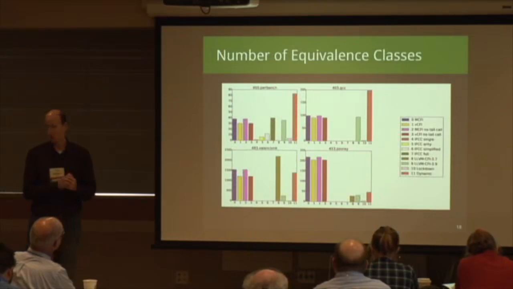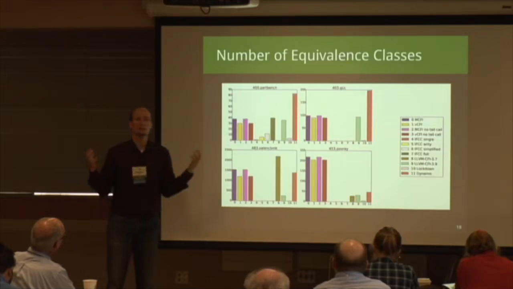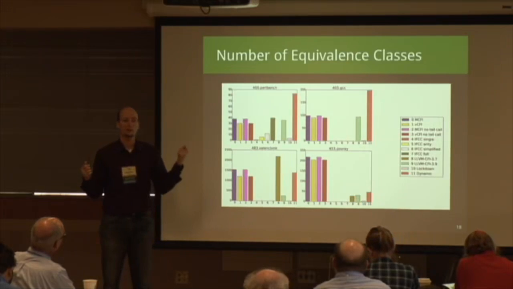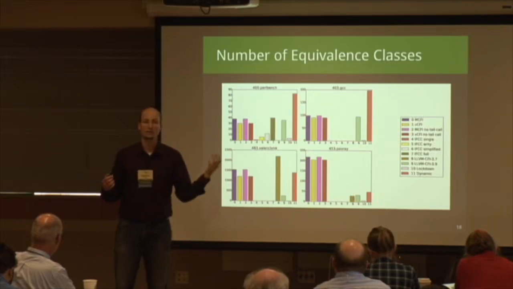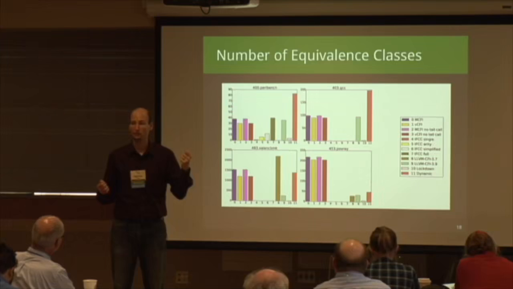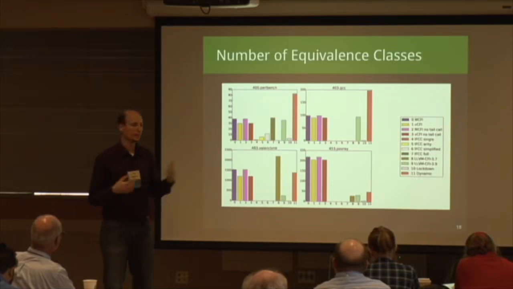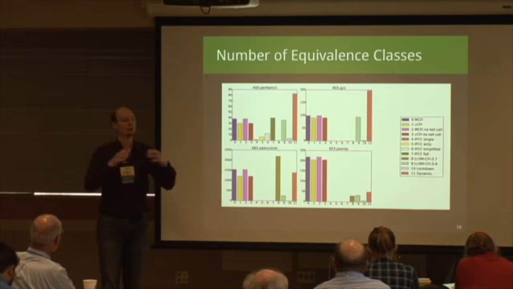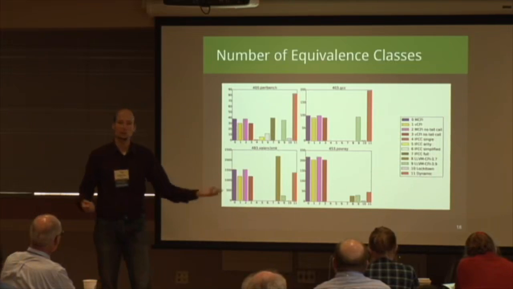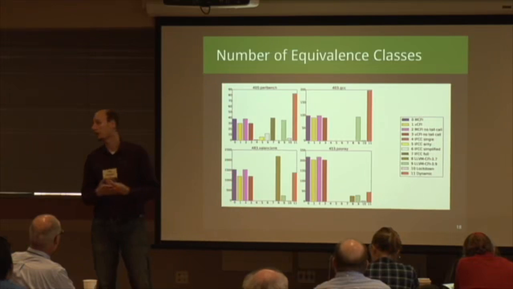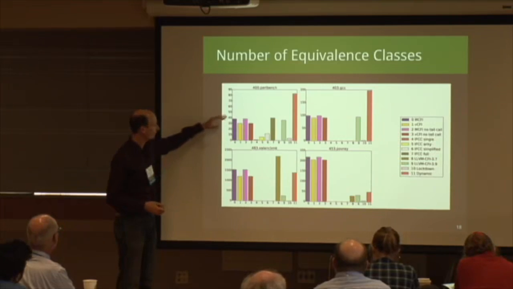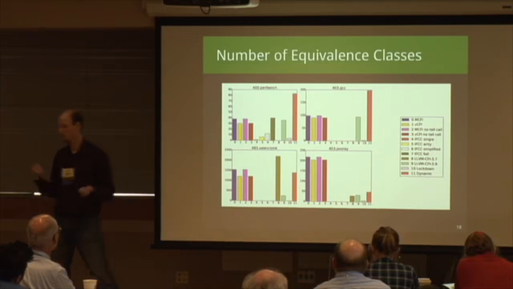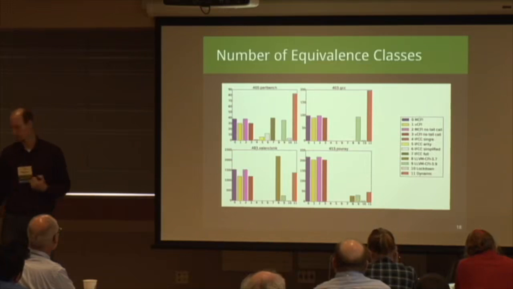We also looked at the number of equivalence classes. So how many individual classes should you have? Remember, ideally you have one equivalence class for each indirect control flow transfer. Equivalence class meaning that for each indirect control flow transfer, for each virtual call, this virtual call has this exact set of targets. All the mechanisms that we looked at merged these sets. So they have been reusing the sets, either for performance constraints or for other kinds of optimizations. So they don't have individual sets and often have a lower number of equivalence classes, which leads to some ambiguity and additional attack surface for the attacker.